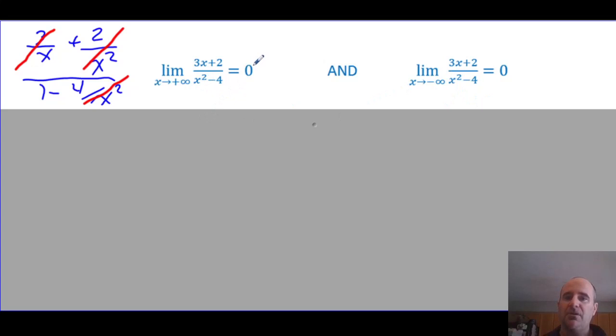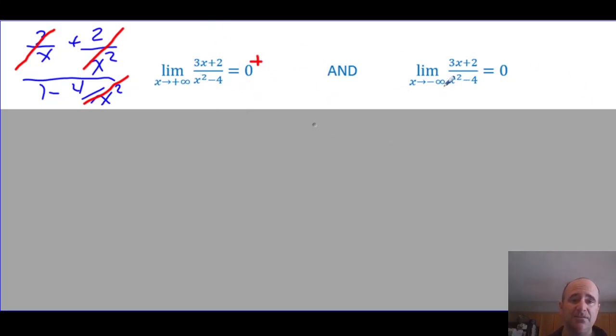Now, if we're going to sketch, we might want to know whether it's above or below, and I highly recommend you include that. Zero is a nice number to work with because if it's approaching from above 0, that means it's a positive number, and if it's approaching from below 0, it's a negative number. So for positive infinity, we definitely will have a positive number on top and a positive number on the bottom as x gets big. So although this approaches 0, it will always be a positive number. So it's 0 plus a bit, or 0 from above. And that's the notation we use for that.